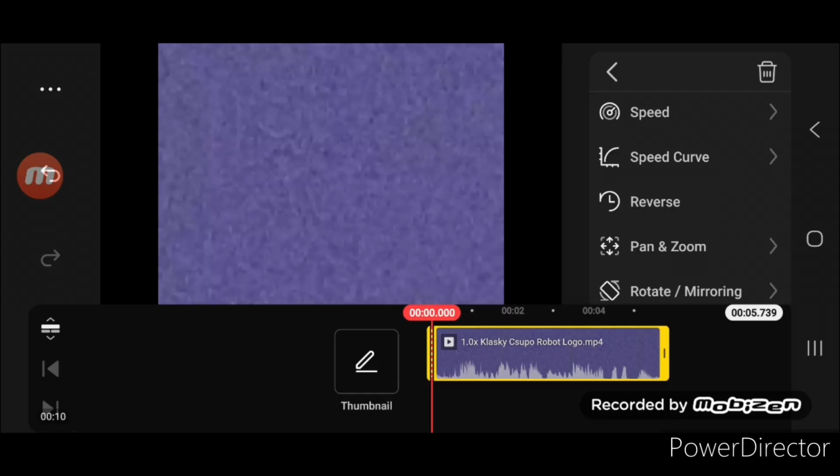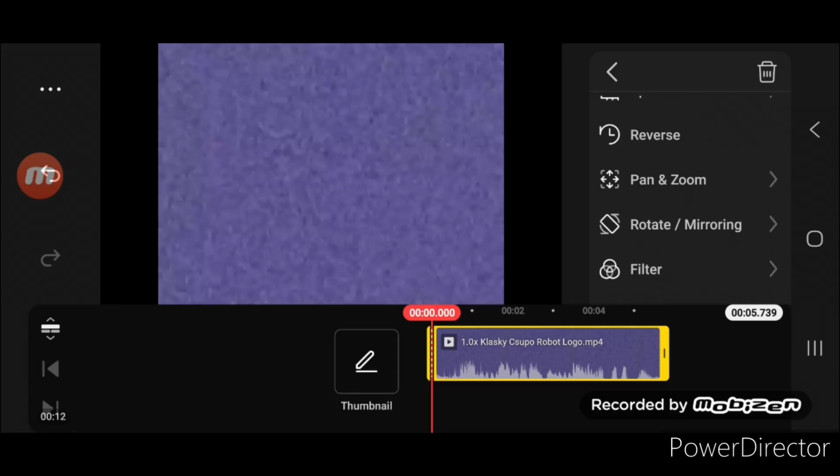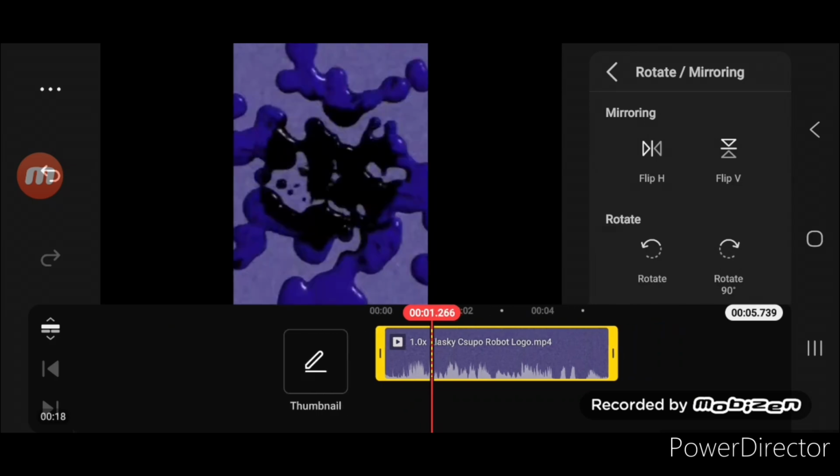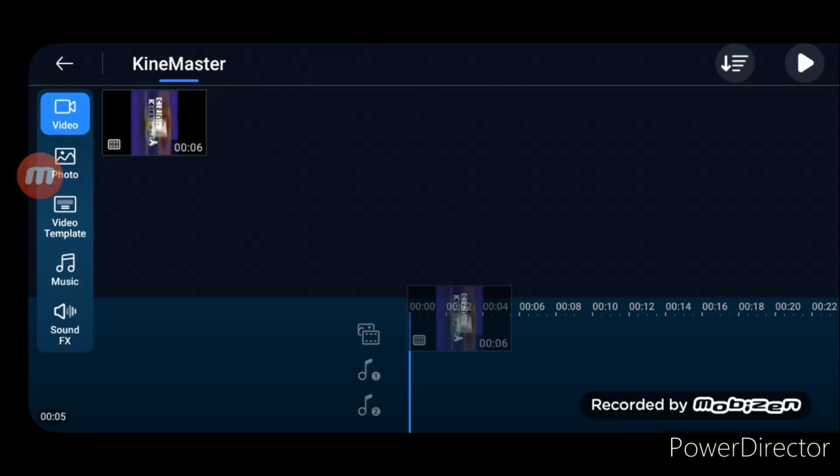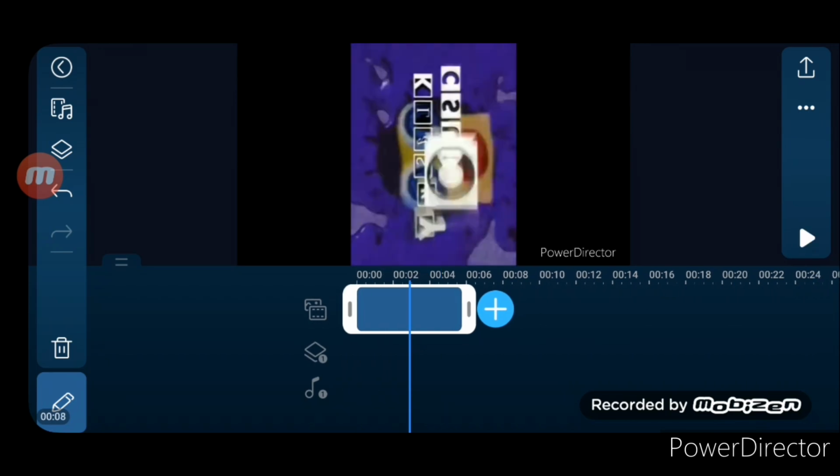First of all, you're supposed to go on rotating/mirroring. You're supposed to rotate to 90 degrees and flip H. Export it when it's done to 100%. The second reason, you're supposed to put that exporting Kinemaster scene, and you have to drag it up and